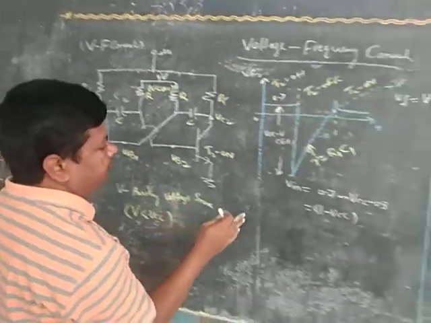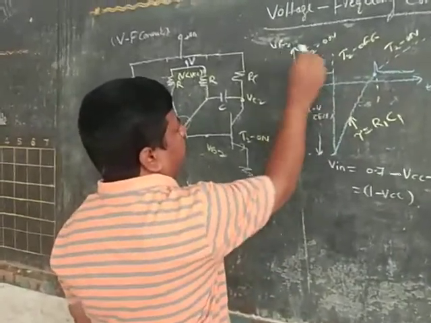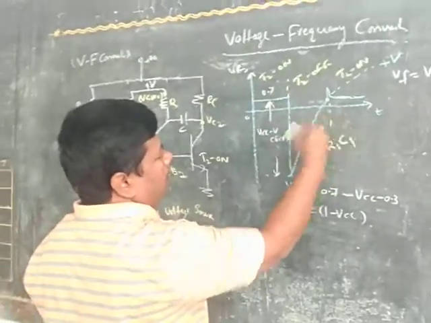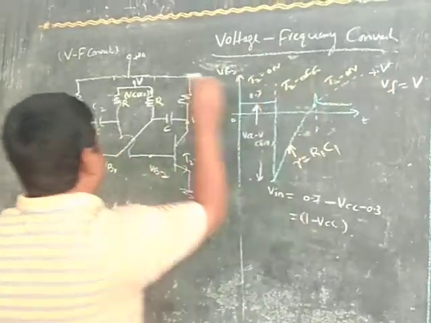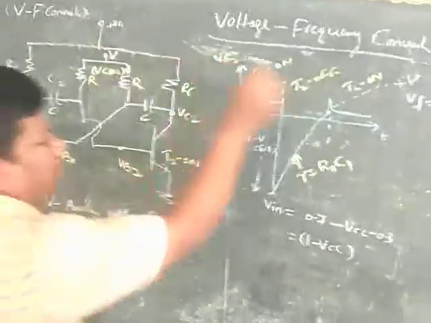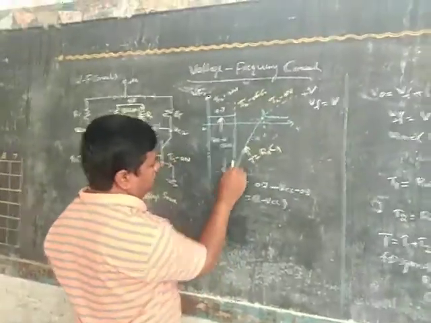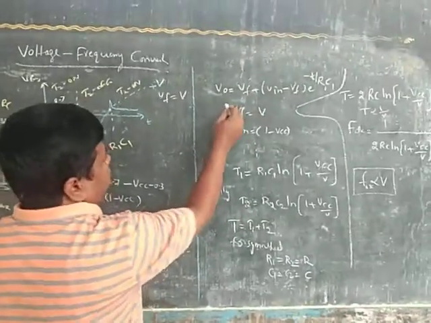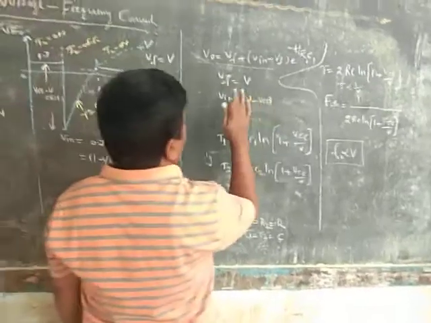Now coming to the base waveforms. This is the VB2 waveform. When it is on, 0.7; when it is off, this is the waveform. Already you know the operation of this. Now the final value is V volts only instead of VCC. Now the capacitor charges to a maximum of V volts only. The initial value is the same as previous, 1 minus VCC. Then substitute in the expression for a circuit having a single time constant with initial and final values.